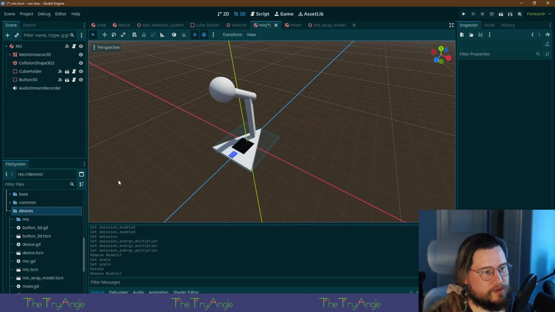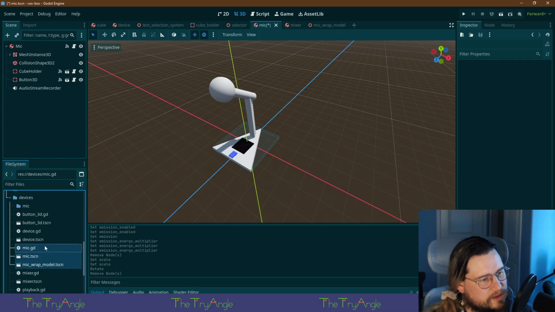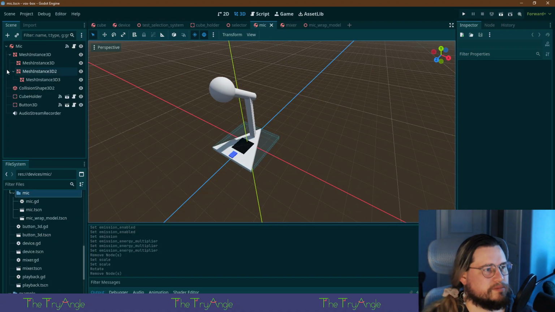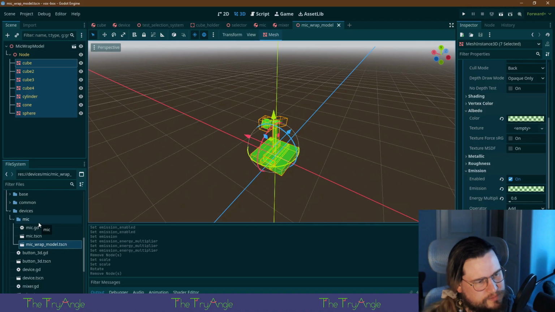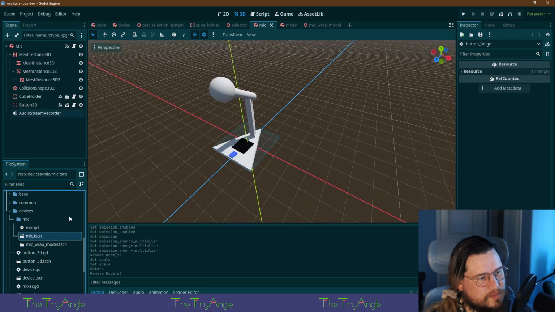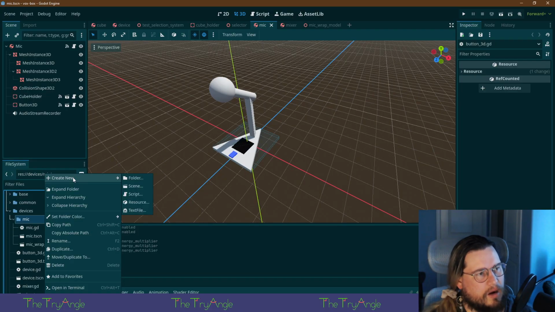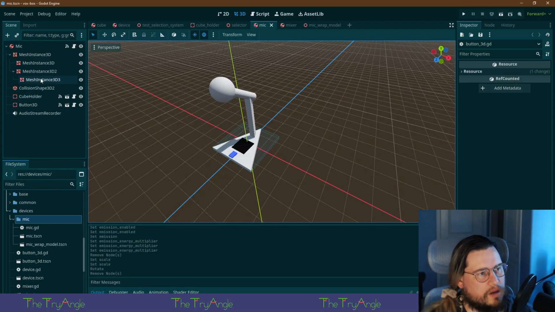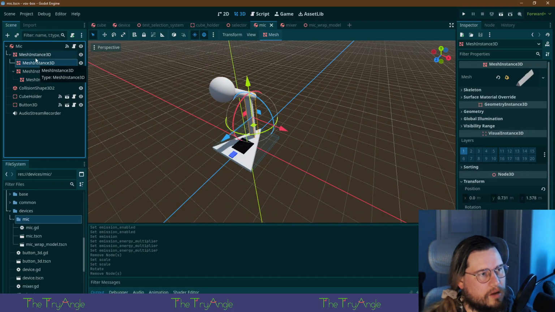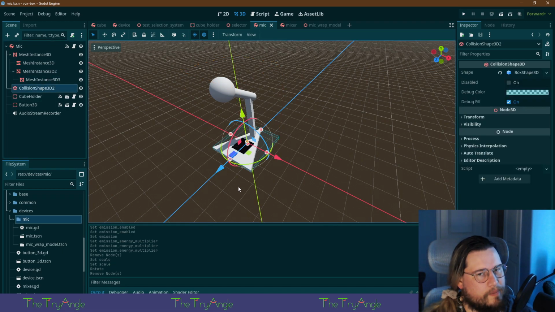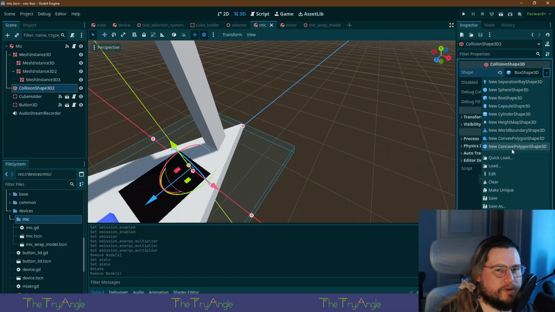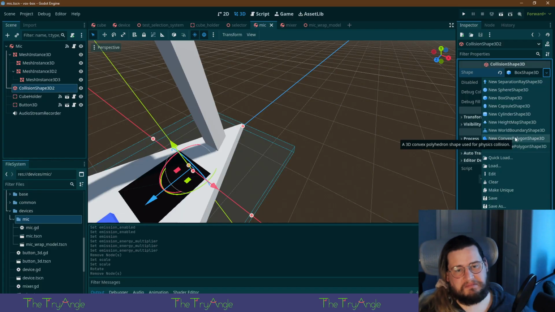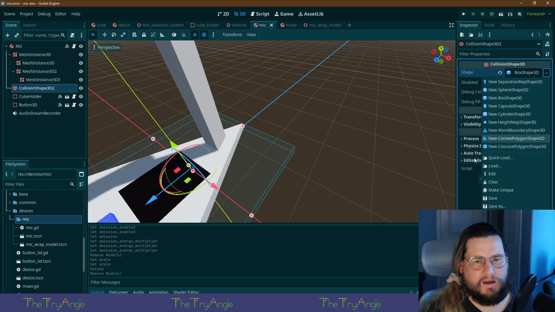All right, let's actually make a folder for the mic because things are getting complicated. Isn't there like a triangle shape?